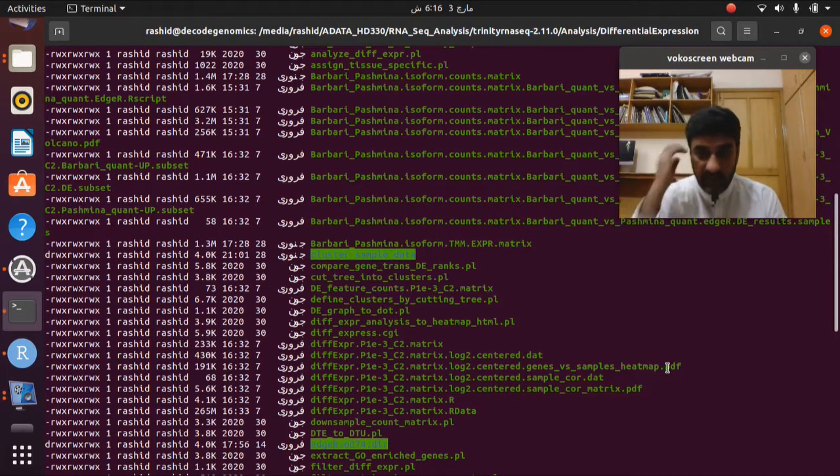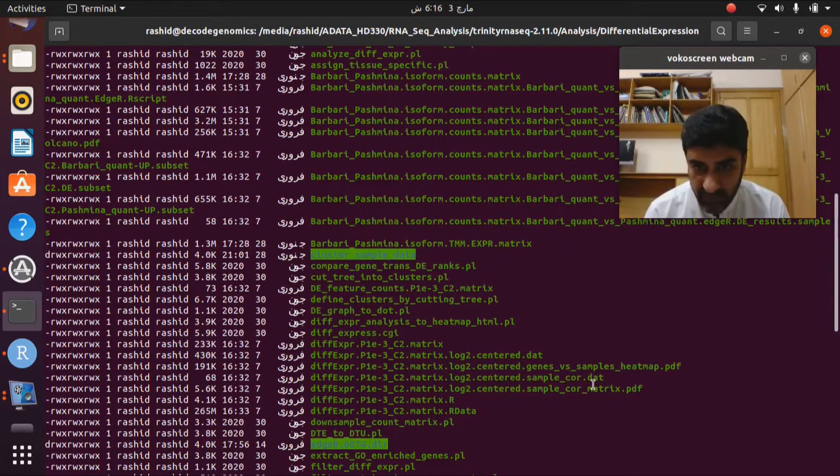We will interpret this file later on. The other files are core matrix.pdf, which is also generated with this command. Similarly core.dat, this is file 1, 2, 3.